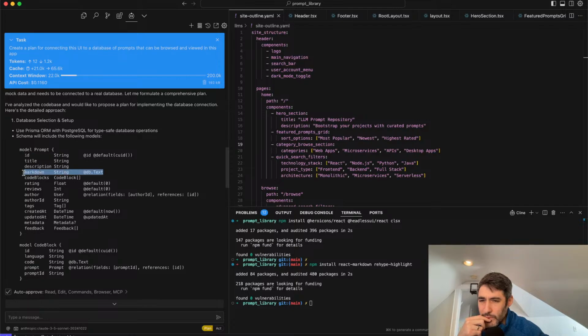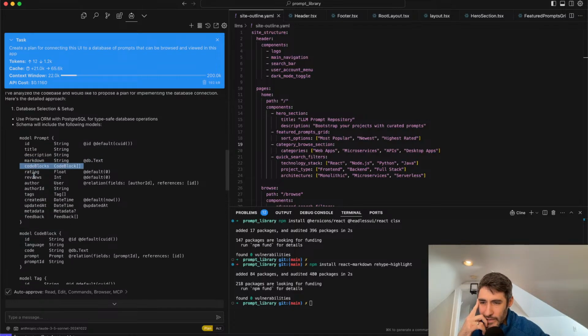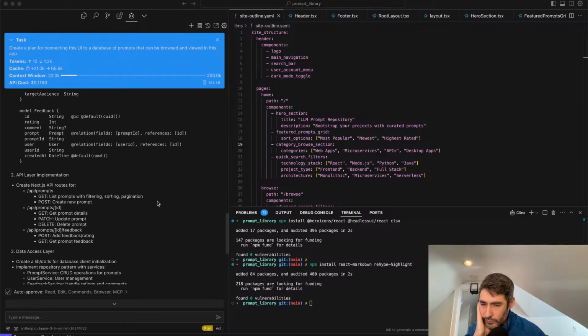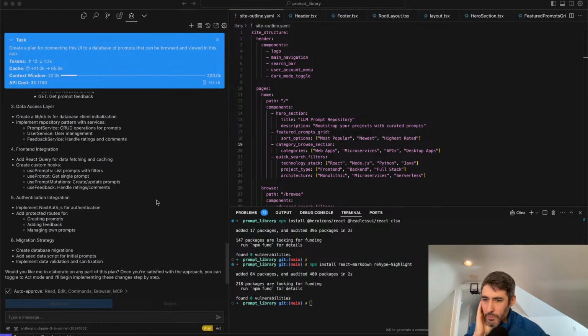What's the markdown for? I don't know. Code blocks. Interesting. Again, I'm a little hesitant to go with this schema as I'm currently seeing it. But let's